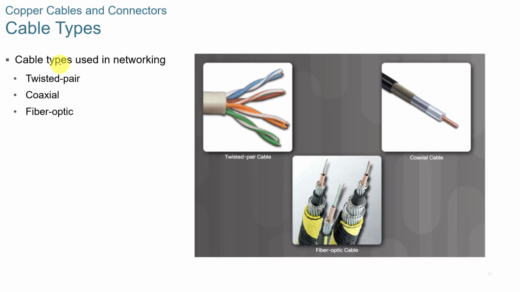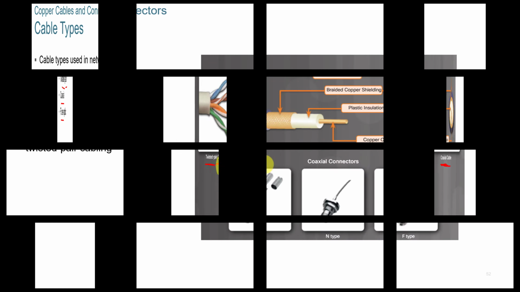Now, when we're talking about the cable types, you have twisted pair, coaxial, and fiber optic. Fiber optic takes special training and specialized tools to work with. I can tell you, in all my time of working in networking, I've never worked with fiber optic. It's always been hired out because it does take special tools that are expensive, and it does take special training. Coax cable is fairly common, especially when you're talking about doing cable or cable internet. And then twisted pair cable is common for small businesses, depending upon which version you're using.